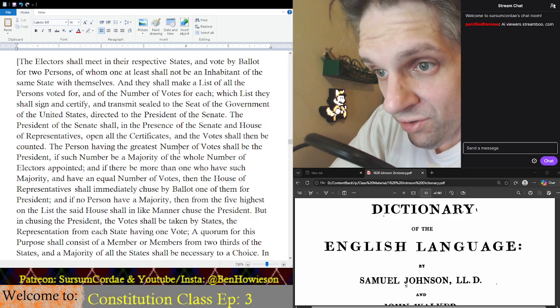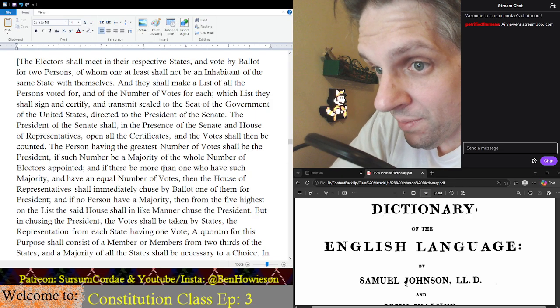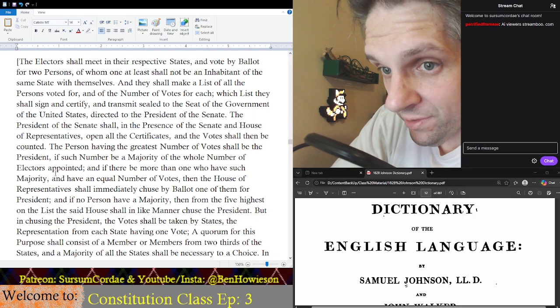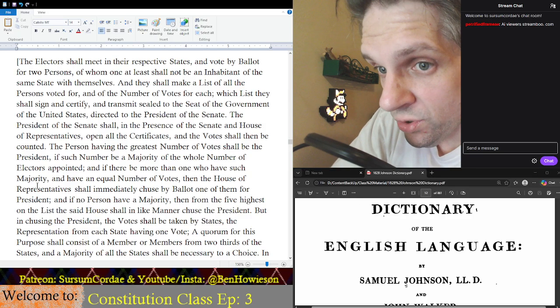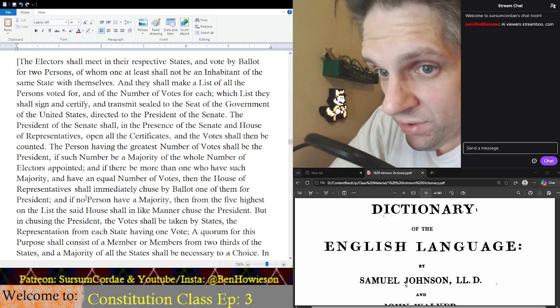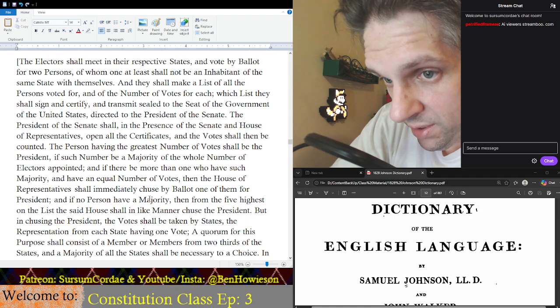The person having the greatest number of votes shall be the President, if such a number be a majority of the whole number of electors appointed, and if there be more than one who have such a majority, and have an equal number of votes, then the House of Representatives shall immediately choose by ballot one of them for President, and if no person have a majority,